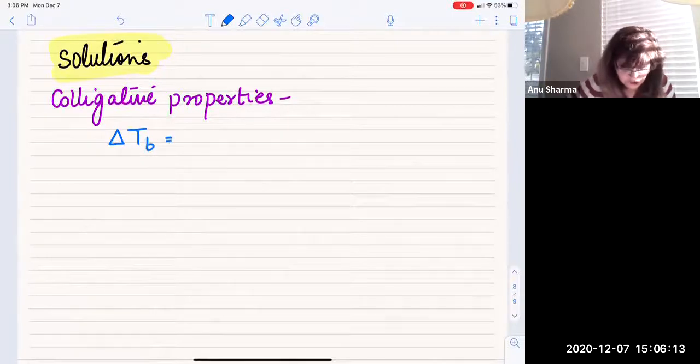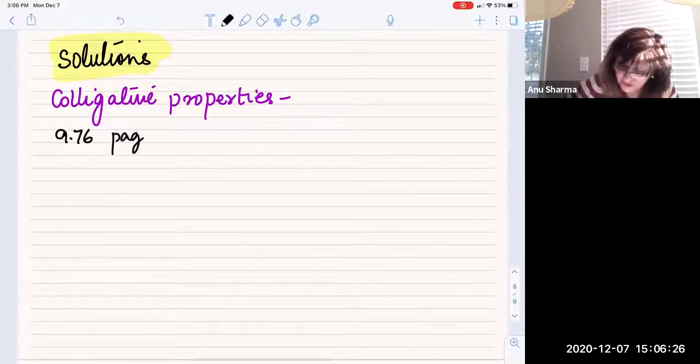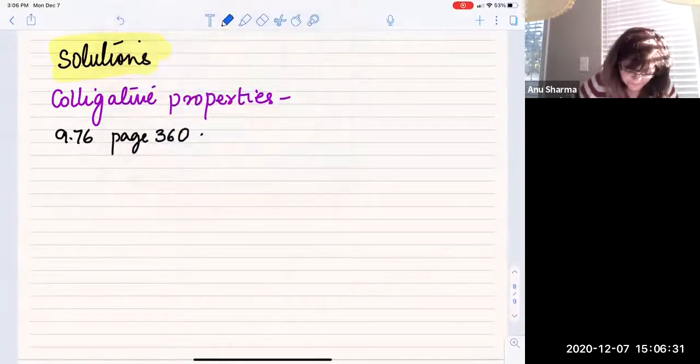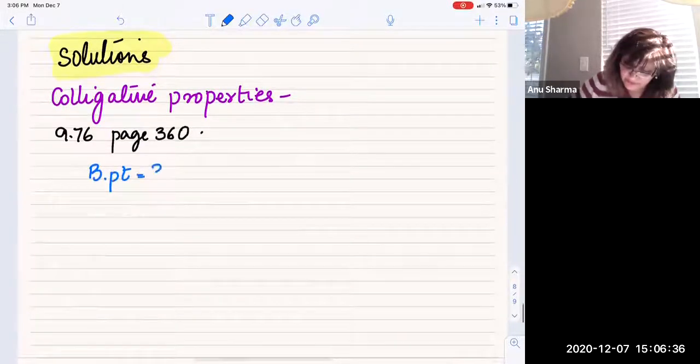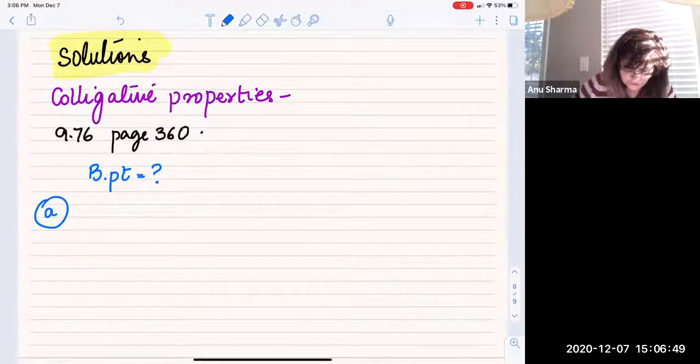But here is a question: calculate the boiling point. We are looking at this problem, 9.76, page 360. Calculate the boiling point of each of the following solutions. NaNO3. Here you are given this point C. I'm going to do point A, and then we're going to do point C also. So point A is